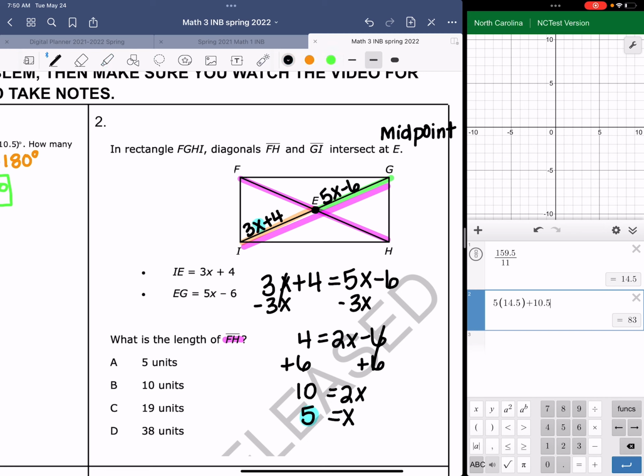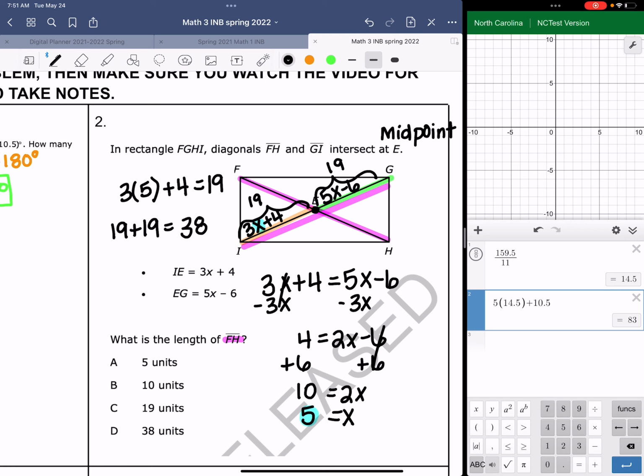So this is going to give me 3 times 5 plus 4. So 3 times 5 is 15, plus 4 equals 19. So this section right here is 19. Well, if that's 19, then this section is also 19. So 19 plus 19 is going to give me